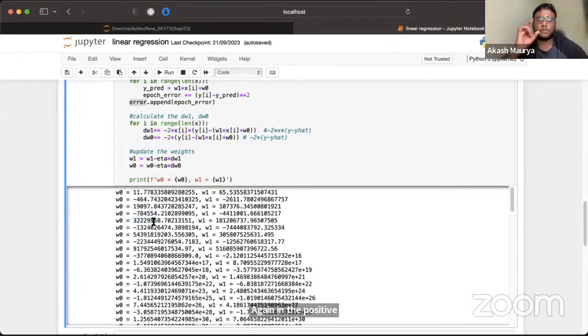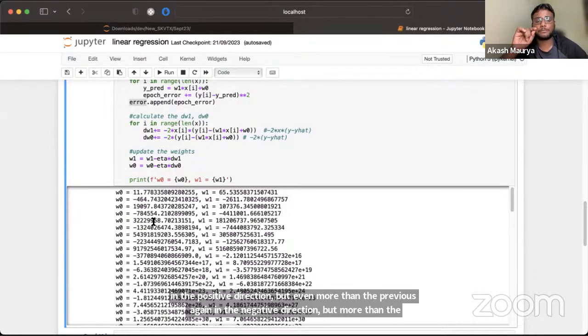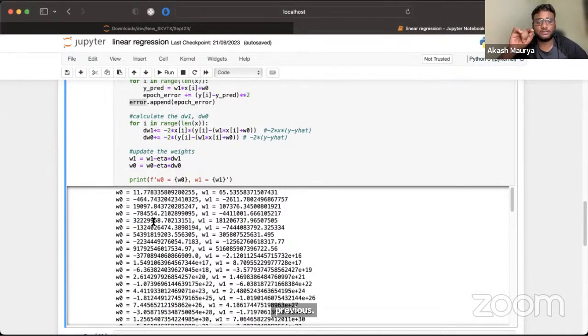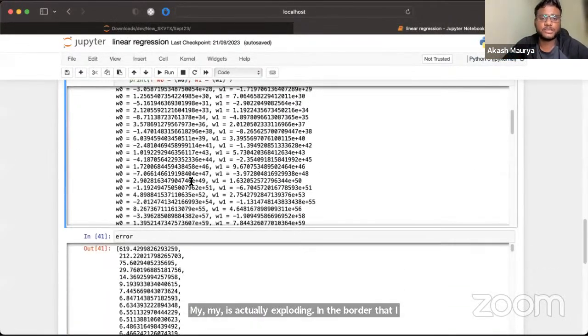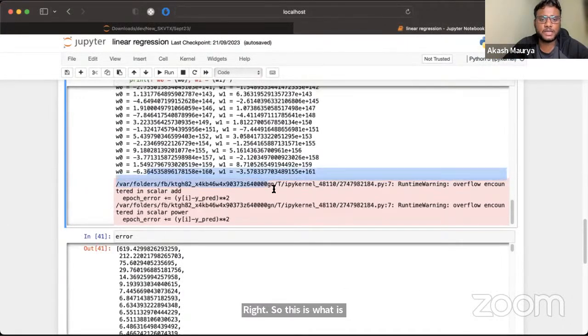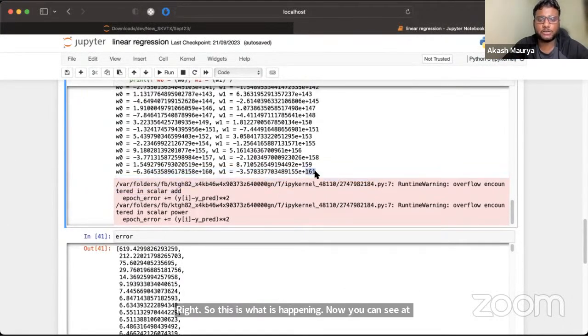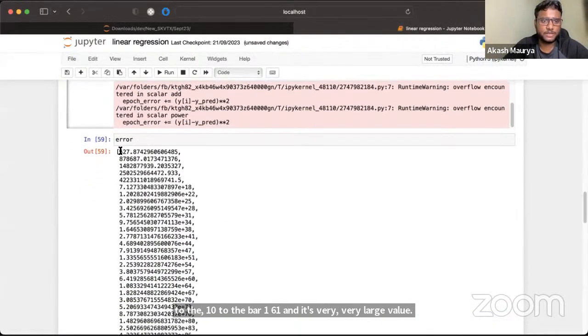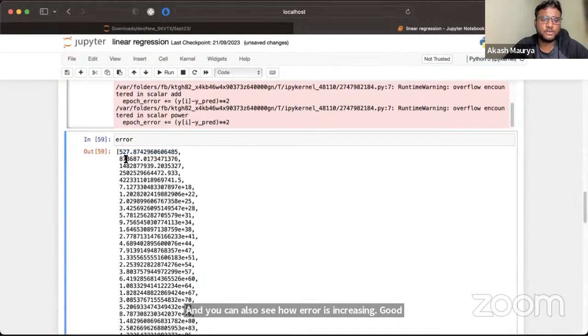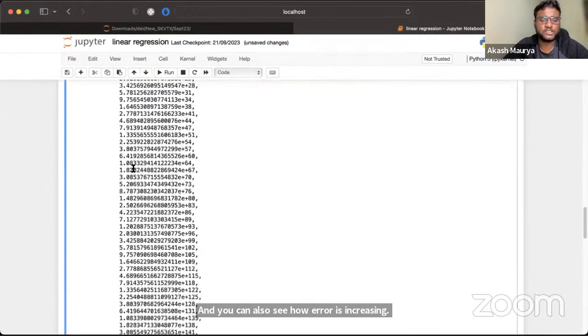And remember, this was the process I was telling you. This is called what? Exploding gradient. My gradient is actually exploding in both of the directions. Remember, both directions of the curve, I was talking about this, right? So this is what is happening. Now you can see at the end, it just became infinity, right? 10 to the power 161, a very, very large value. And you can also see how the error is increasing: 227, 527, and then this much. So this is a basic